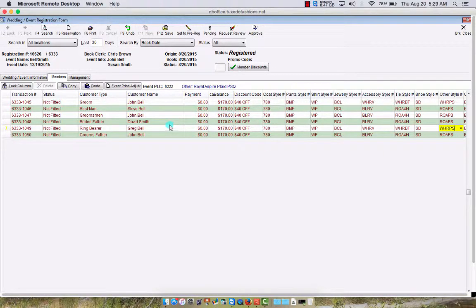Okay. So here we can save this information. And that's how you would easily add in your members and make some subtle changes to their outfits. Now, to open up the reservation order for the groom John Bell, in the transaction number box